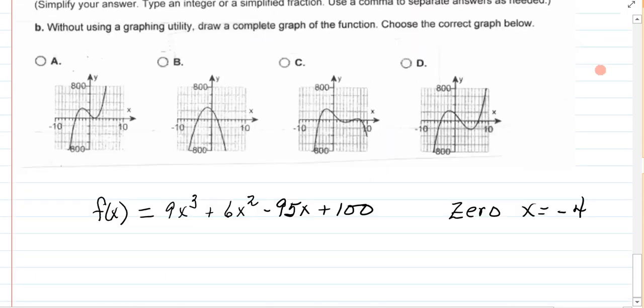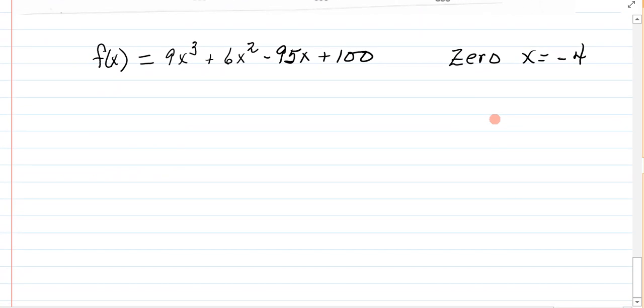So I'm going to scroll down to where I have some room to write. This is my function, and this is the one given 0. My instructions are to find all of the zeros. Remember that because this is third degree, I should be able to find 3 zeros. I don't know whether that will show as 3 x-intercepts, but it will be 3 zeros, and I was given 1. So let's use synthetic division with the 0 that we have and try to depress this cubic or third